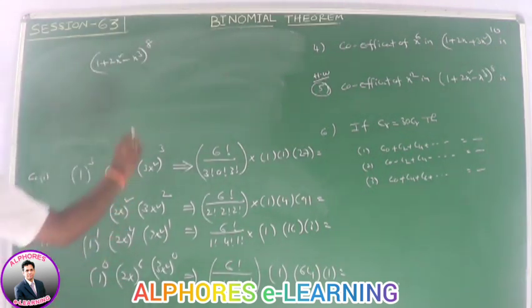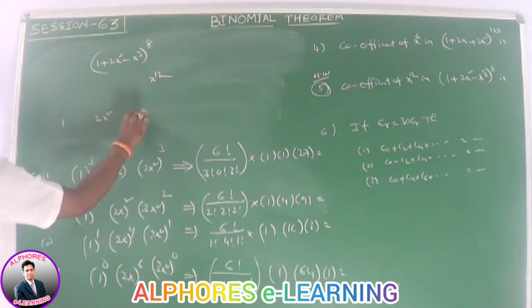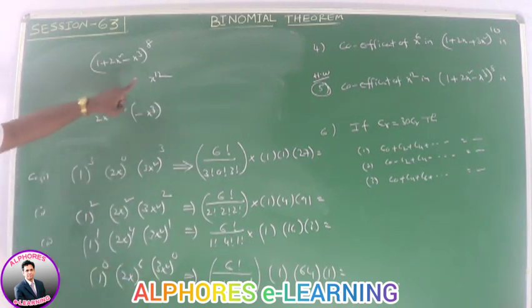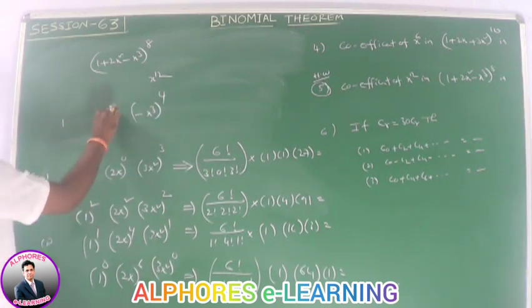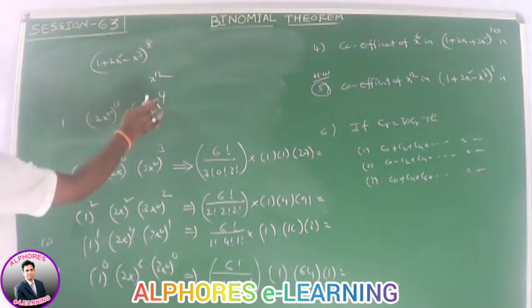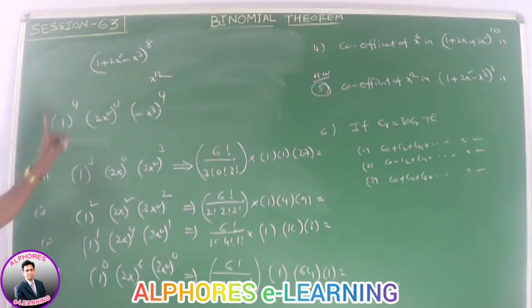In this case, we find the coefficient of x power 12. I will explain briefly the possible cases. First term is 1. Here 2x square minus x cube. For getting x power 12, minus x cube whole power 4, directly we get x power 12. Here 0. Sum of the index must be 8. So the possible case here is 4 plus 0 plus 4. We get sum of the index value 8. Okay, it is one of the possible cases.